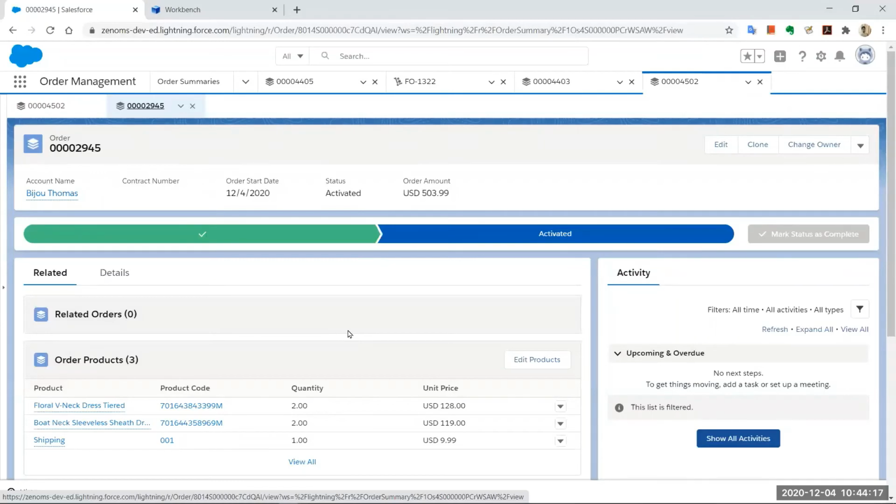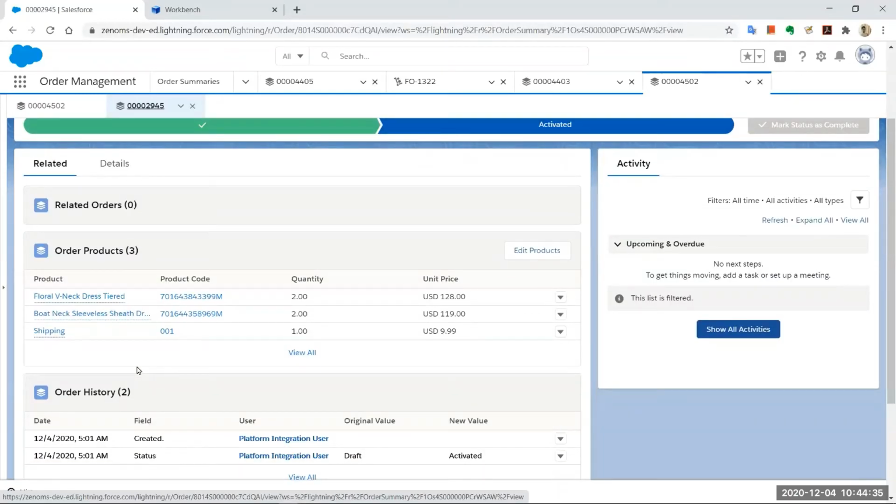So within the order management universe, what we now have is what is called order summary, which would be constant across the life cycle of that entire order, all the way from intent. So this is basically the initial order intent, right? So this is what I had ordered initially, right?